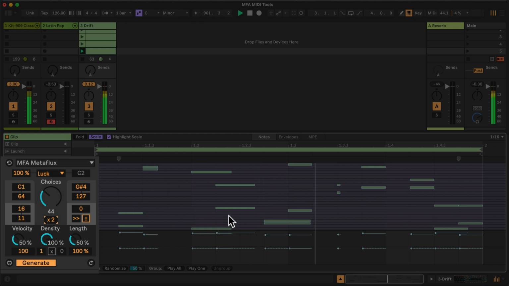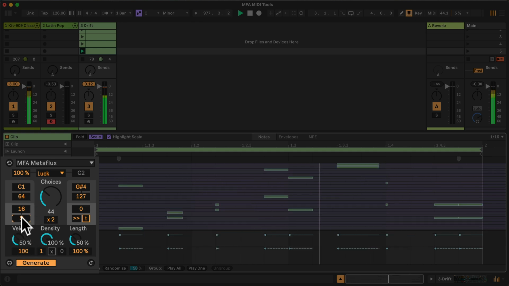And the beauty of these chords is that they will all be generated with the same length and velocity as the other notes on that step. So unlike the seeds MIDI tool that comes with Live, if it happens to create a chord, it's totally just random, the 2 notes overlap. Whereas in this case, not only are the chords being generated on the specific Euclidean pattern I've specified here,